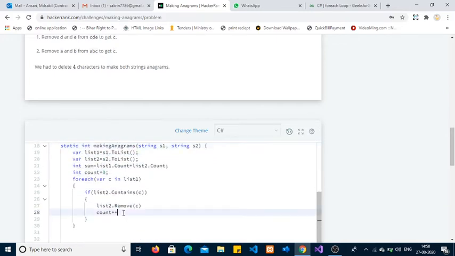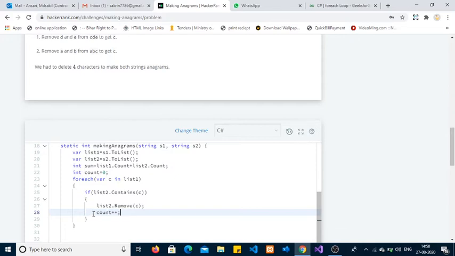I'm incrementing count. How many characters do we remove from the second string which are common in the first string? That is the number of characters we remove from the second string.